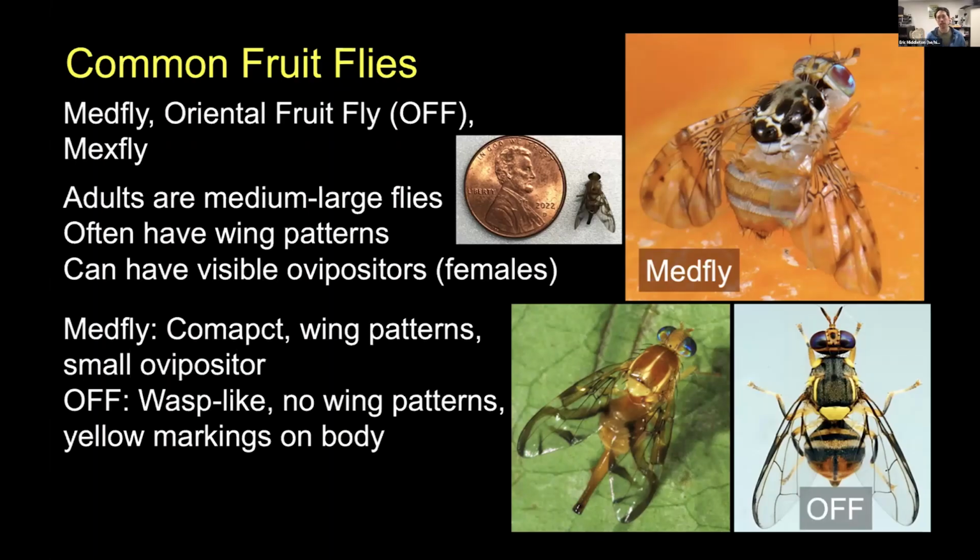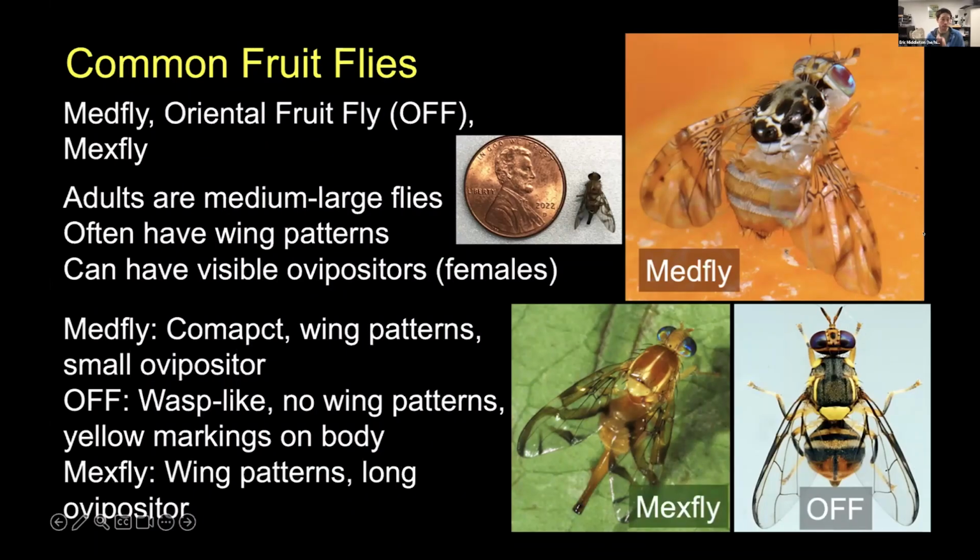They sort of look not quite as stereotypically fly-like, and look maybe a bit more like a yellow jacket or something like that. They won't have wing patterns, and they'll have these kind of yellow markings on their body, as well as a sort of T shape on the abdomen. And then Mexfly is a little bit more distinctive, where they have these wing patterns and kind of a V and S shape on both of their wings, and they have that really long distinctive ovipositor when they are